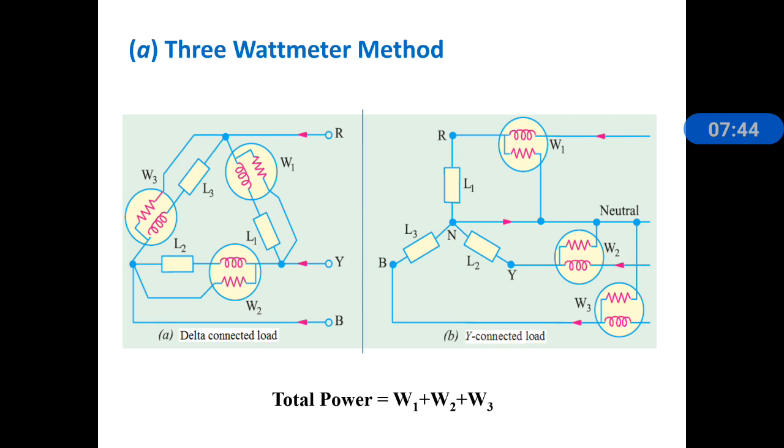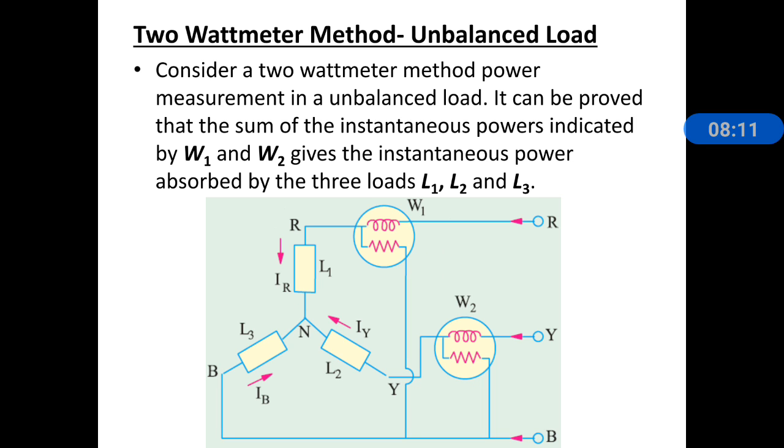The figure shows the 3 wattmeter method. In this case it is very simple to calculate because we are using 3 wattmeters, one wattmeter for each phase. So total power is simply the sum of the 3 wattmeters, W1 plus W2 plus W3, and that gives the total power of the three-phase system. First we discuss